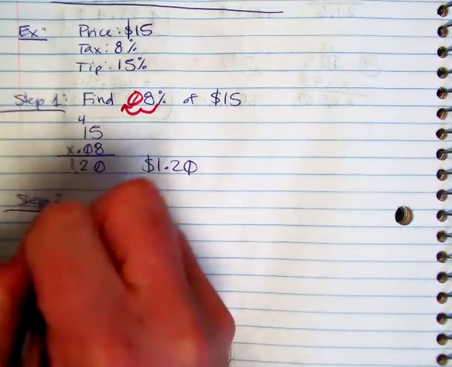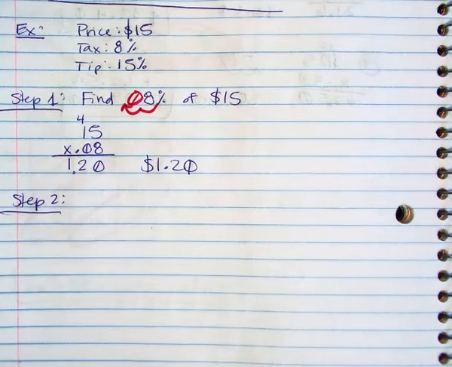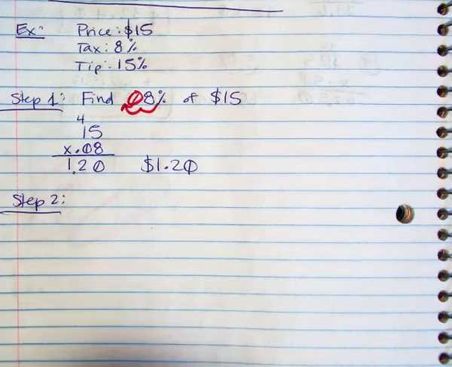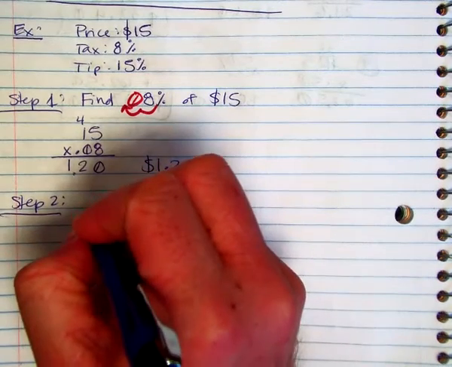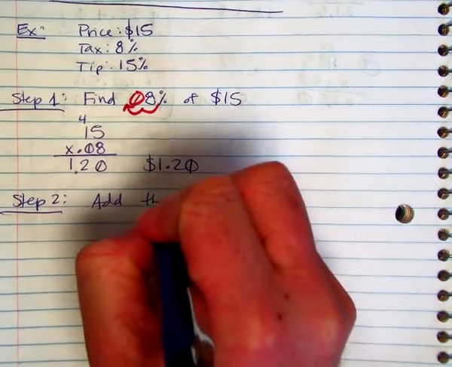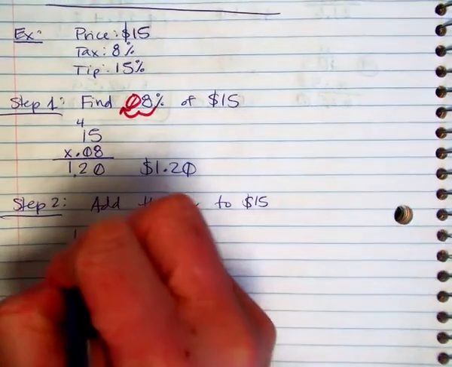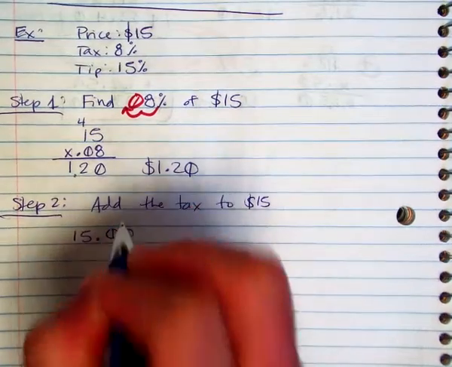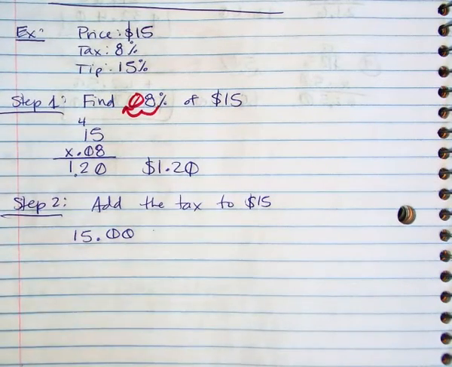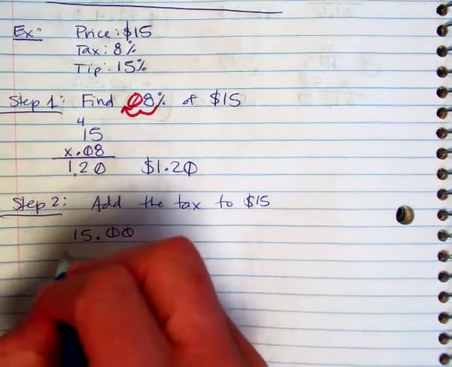And this is the part that we should all already know. If I just found tax, am I going to add that to the 15 or am I going to subtract it from the 15 if it's tax? Right, I'm going to add it. So step 2 is to add the tax to 15. So I'm going to take my $15 and I'm putting the zeros to represent it as money, $15, and I will add the